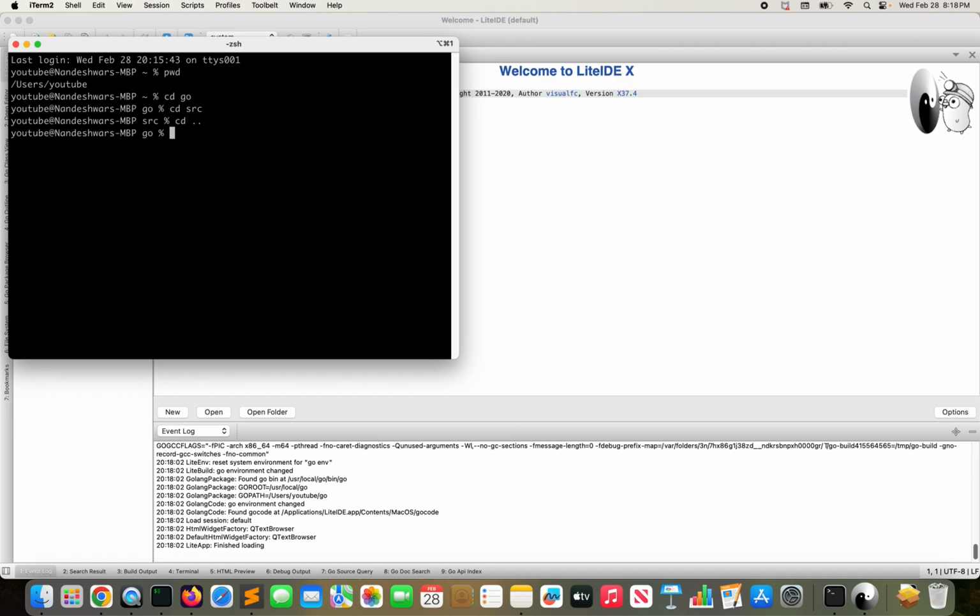So inside this, if I do the ls, I can see the bin and src. If it is there, that's fine. If it's not there, then you can create the src folder, like mkdir src, it will create the src folder. This already exists, so that's why it didn't create. So you can create that and then go inside src,